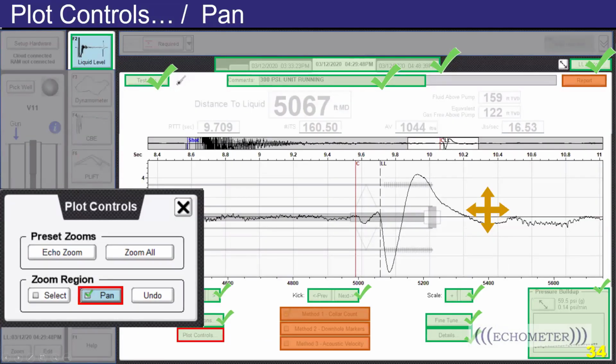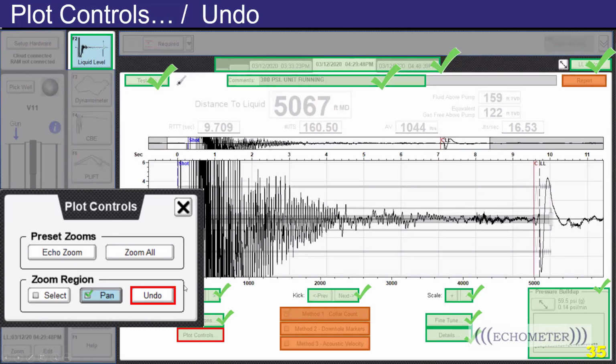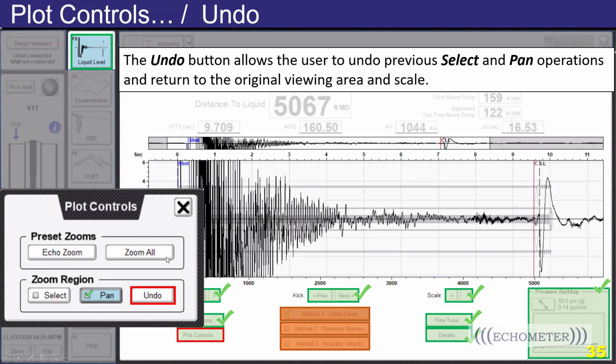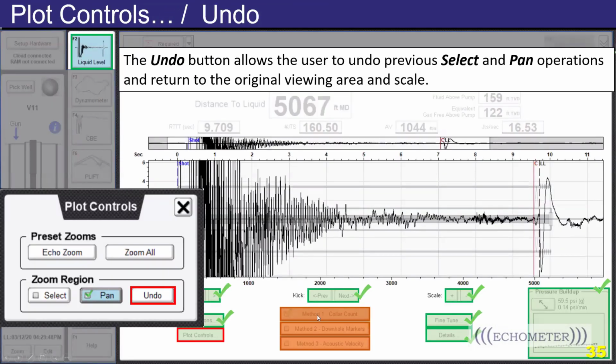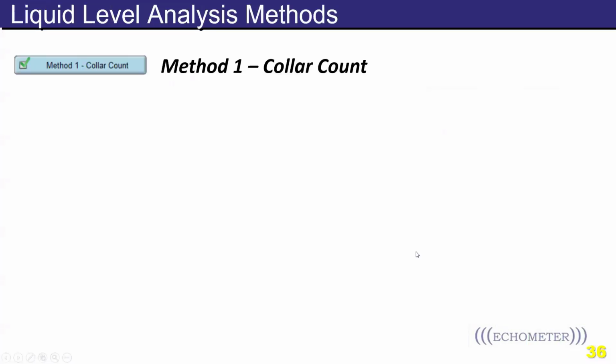Okay, let's keep going, and I already showed you the undo. The next thing we will focus on, once you have selected the liquid level, is what the acoustic velocity method calculations are, which is method 1 for color count, downhole markers, or acoustic velocity. The presentation is not intended to go into the details on those methods, but let's cover the basics. So method number 1, once you are confident in the liquid level selection, and you need to calculate an acoustic velocity to determine the liquid level depth,